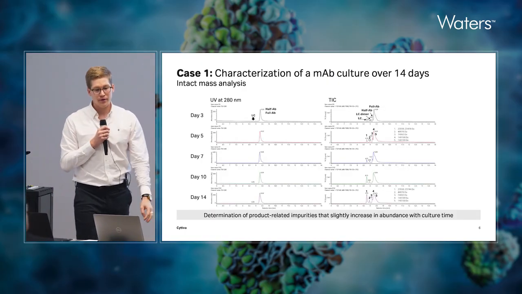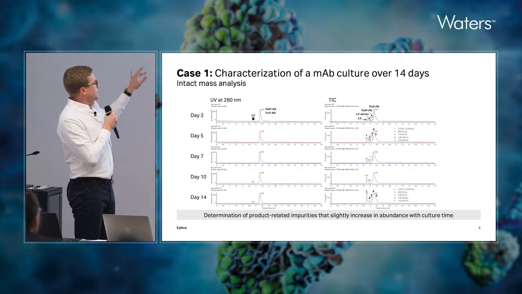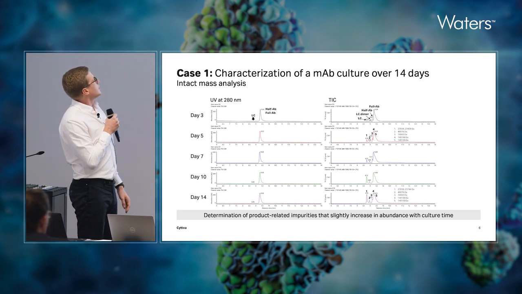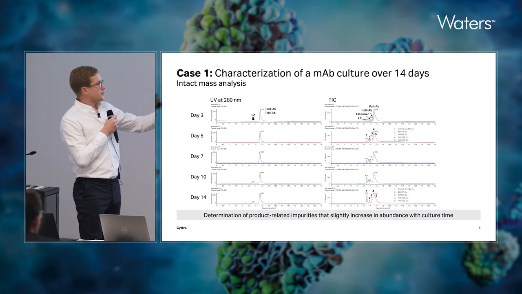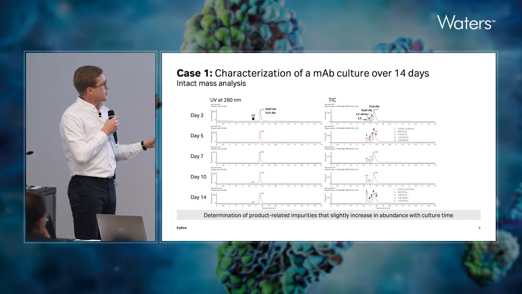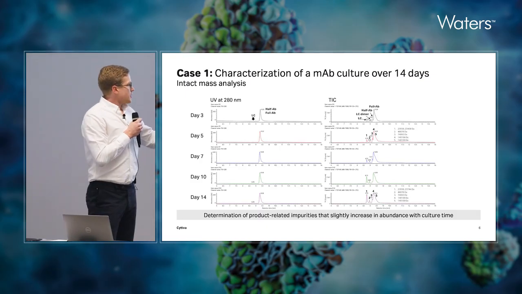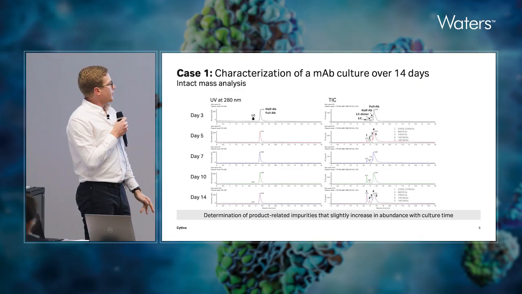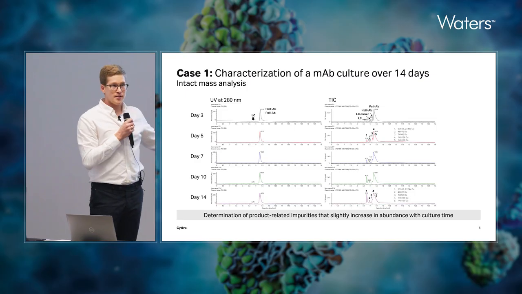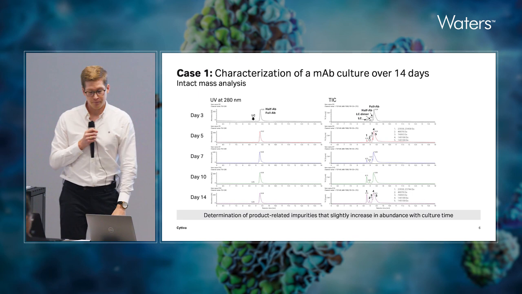If we go back to our case 1, where we monitored a culture for 14 days, I had selected a few days here from early to late just to see what is happening with our mAb with extended cultivation time. To the left is the UV, and to the right is the TIC. We can see from the start that we have very little light chain that seems to increase with abundance. And then we can also see that we have half antibody and full antibody. The TIC will be more sensitive, so it looks more complex than the UV. I'm not going to go through all the molecular weights, but I hope you can see that the complexity of the culture increases with cultivation time. So we have more species with time.